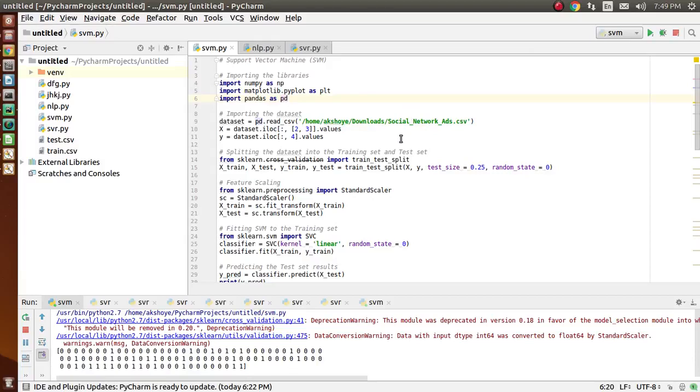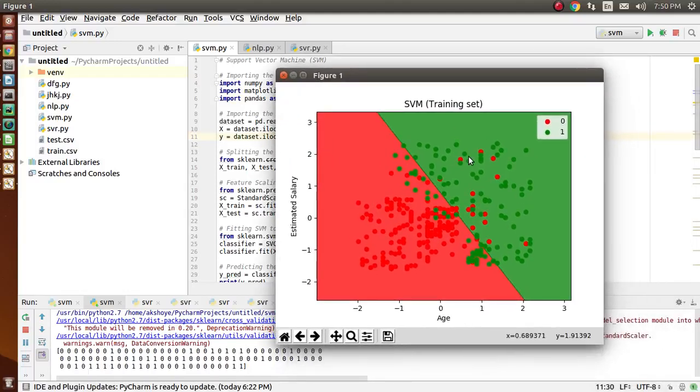Before going further, let's have a look at the output which we have got. This is the training set which we have used, and this green one represents the individuals who are actually interested in buying the product, and the red portion represents the individuals who can't afford buying our product.